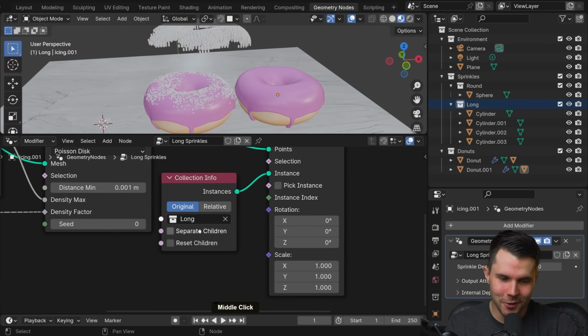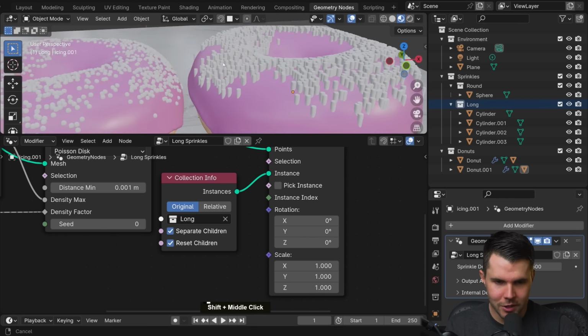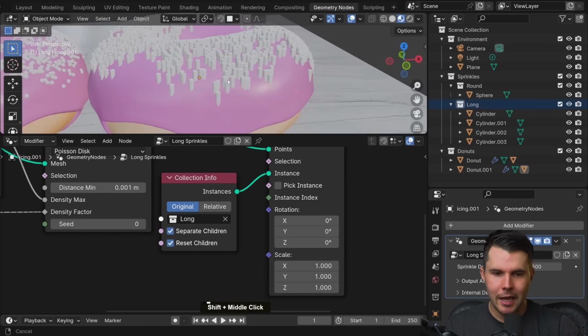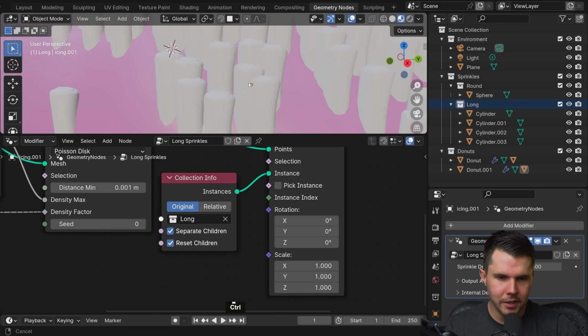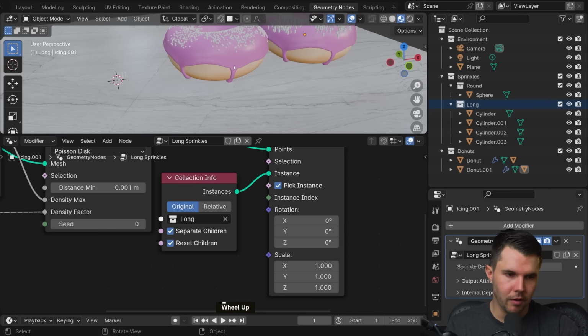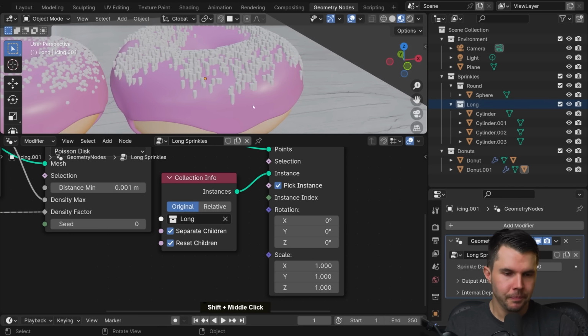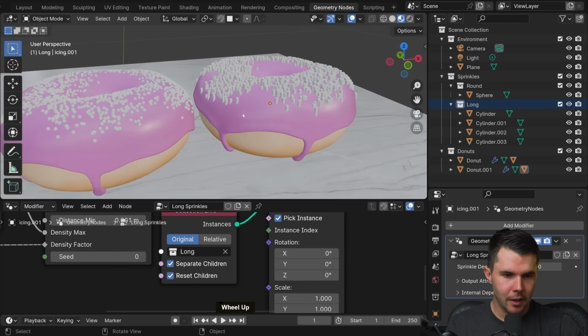What you need to do is check 3 boxes whenever you use collections to scatter. Separate, reset children. Now it's on the mesh correctly. And then you can see it's actually using all 4 of them on each point. So then you click pick instance, and now it's going to use one of those, not all 4 of them together. Okay, so it's good. It's using it, but